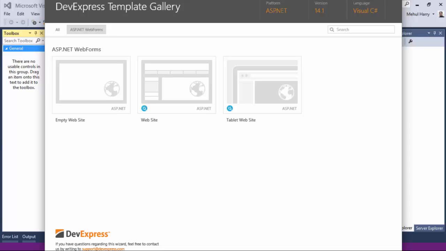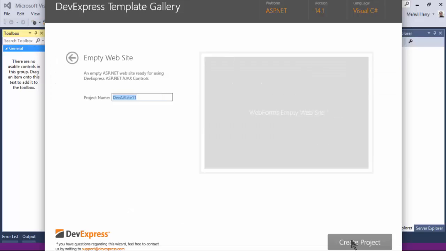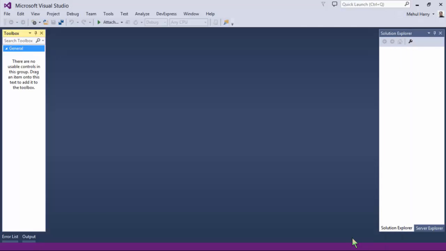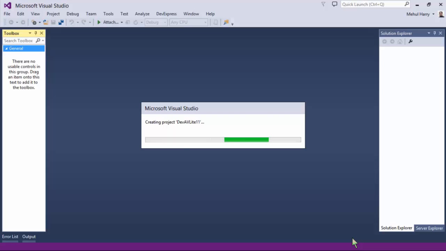Now, we don't have a version of DevAV for MVC, but it is possible to make that with our ASP.NET controls as well. Now, I'm going to use the empty website to show you how easy it is to get started. So I'll hit Create Project, and when I do, it creates for me a very bare bones website that simply has just references. It doesn't even have a default ASPX file to it. So while that's getting created,